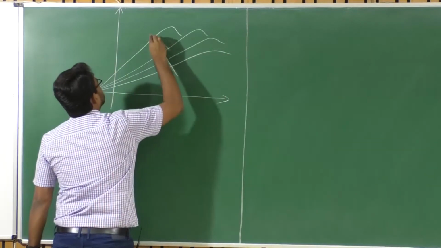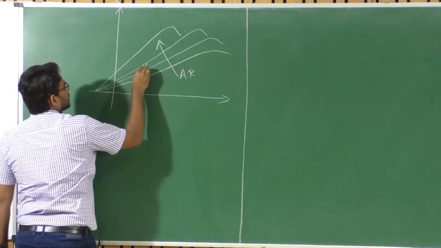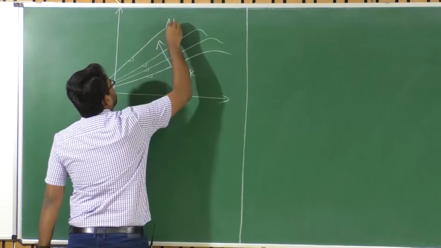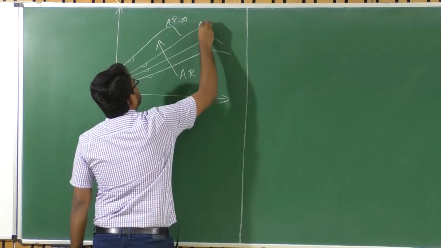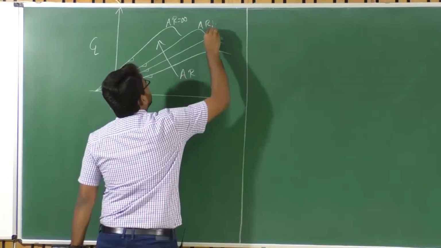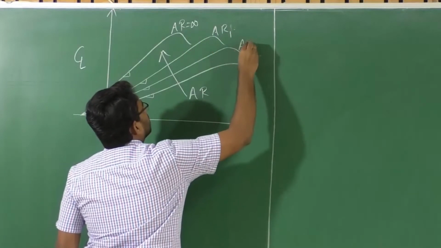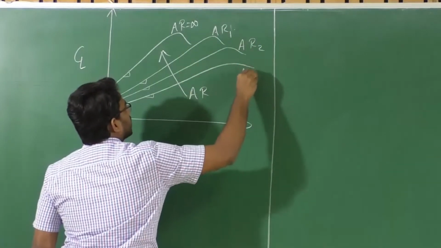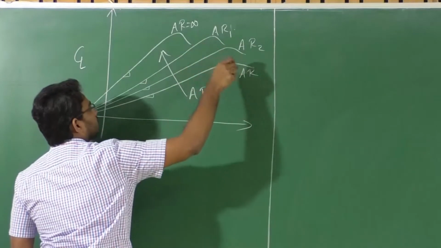right? So this is the increasing order of aspect ratio. So the CL alpha decreases, right? The lift curve slope decreases. So this is for a wing of infinite aspect ratio or for an airfoil. So this lift curve slope represents a lesser aspect ratio compared to that of an aerofoil. So this is where the finite wing starts, right? From this plot we are talking about finite wings.